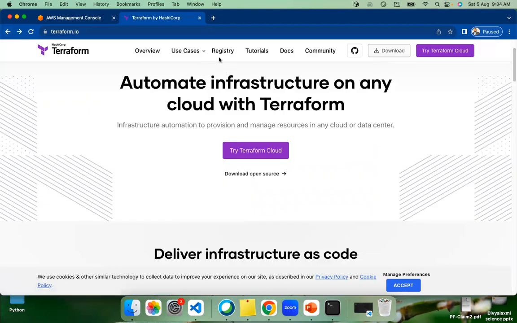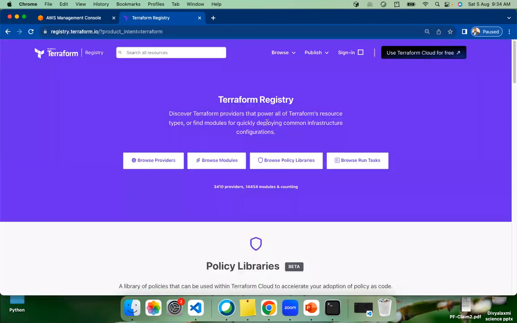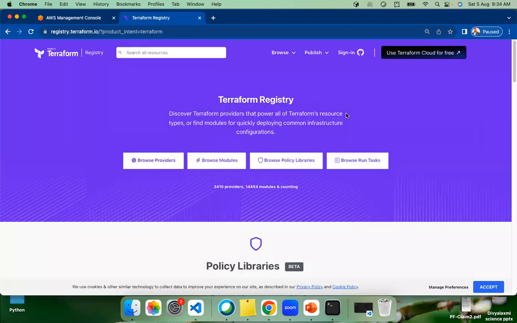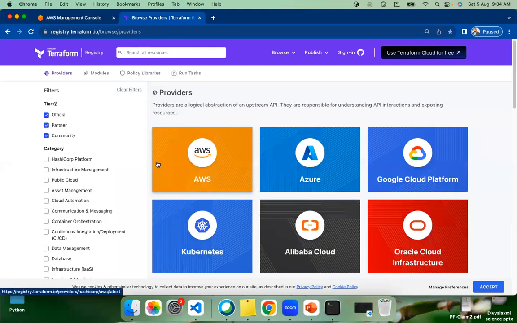Now, it has one tab called registry. Go to this registry, and you'll find the Terraform registry. We're going to see about the modules. We are going to see about the providers and everything. Okay, just hold on. So let's first talk about the providers. Click on this browse providers. See,